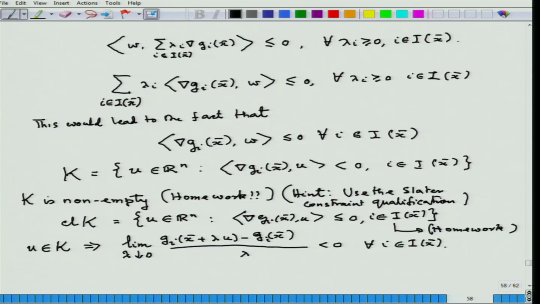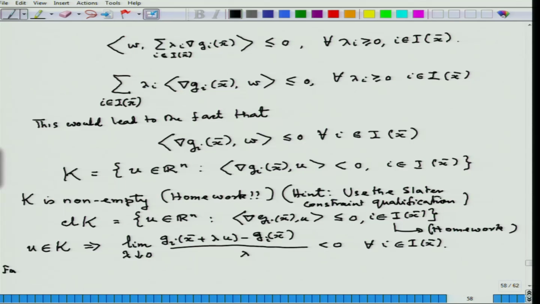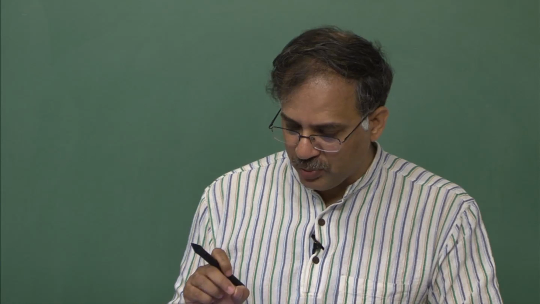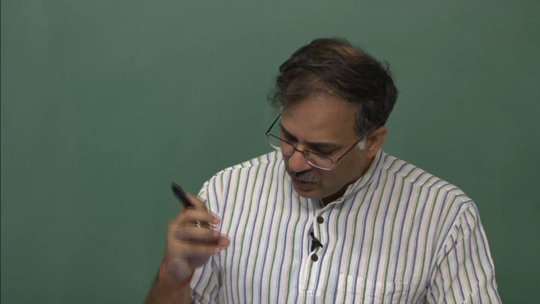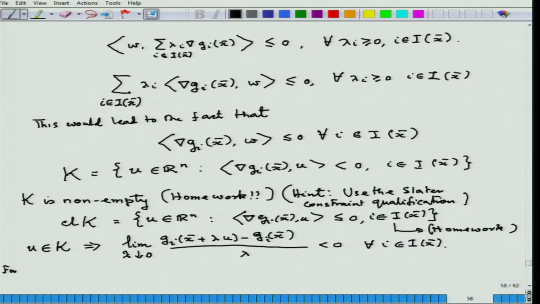Now, what does this mean? That when lambda is sufficiently small, then for every i, because the limit is strictly less than 0, that is, a strictly negative point, after some value of lambda this differential quotient will be strictly negative. That is the meaning of convergence of a sequence, or convergence as per se, the very notion of a limit. So, for lambda sufficiently small,